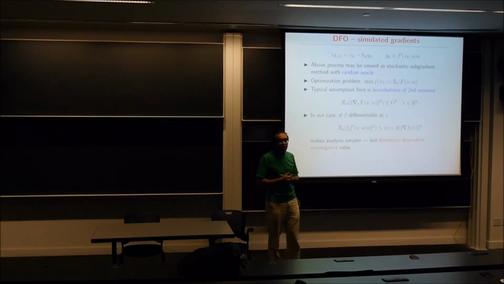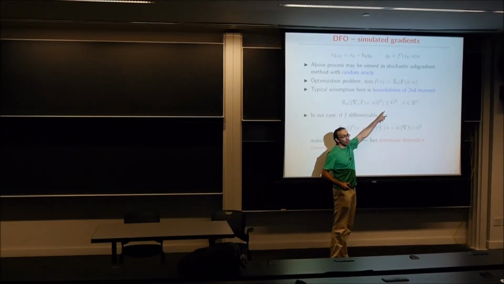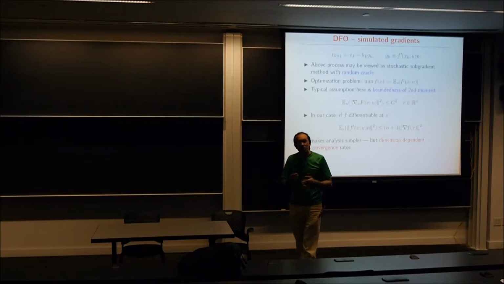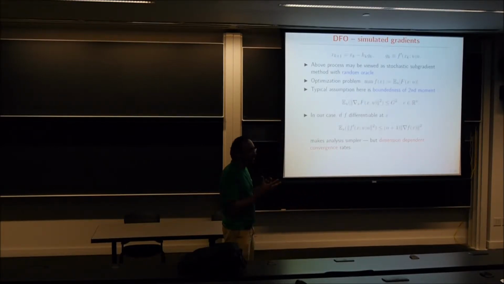There is one bad thing about that upper bound. This bound is just some universal constant on the entire domain. This upper bound depends on the dimensionality. So this leads to maybe a simpler algorithm, but it already indicates